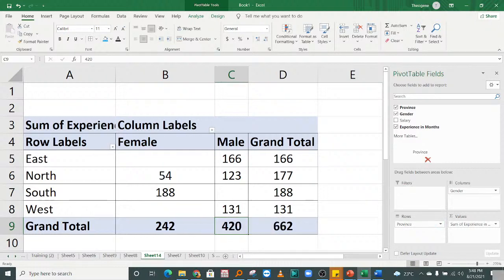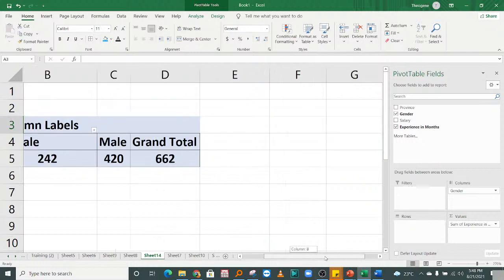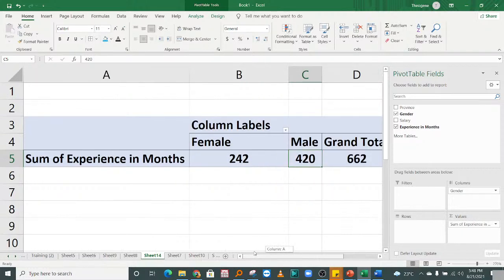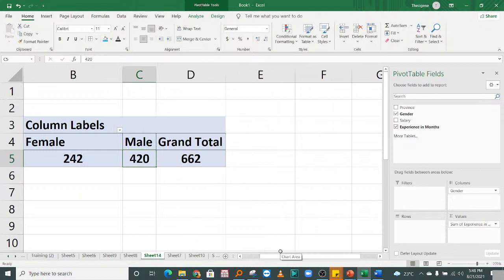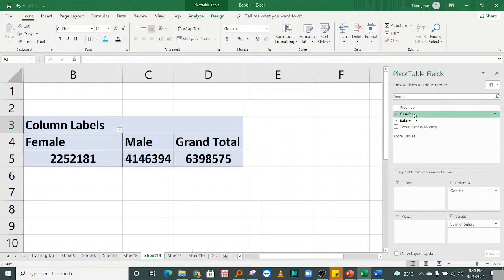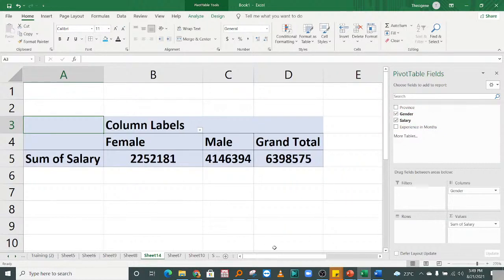If you remove, for example, province, you can see this clearly. You see, I removed the province, so the experience of female is that, the experience of male is this. So this is what we call the pivot table. You can ask yourself the salary according to gender and province. Salary, you put it in values because it is computable. So you see, male have the highest salary compared to females. And according to the provinces,